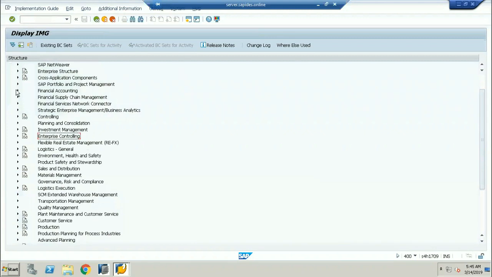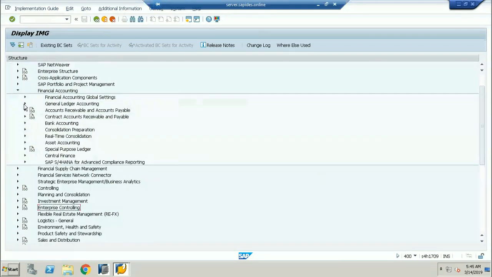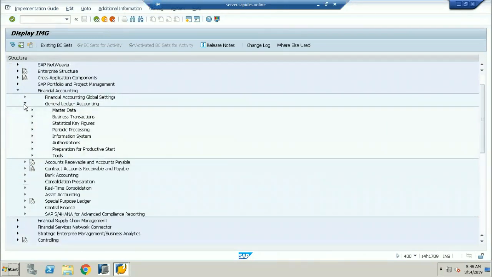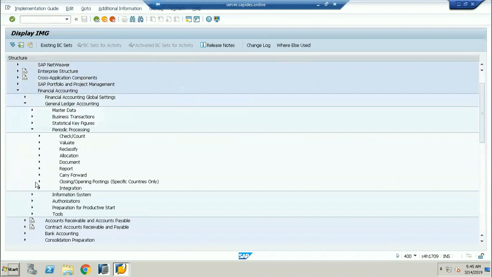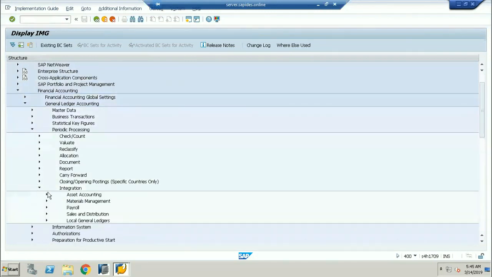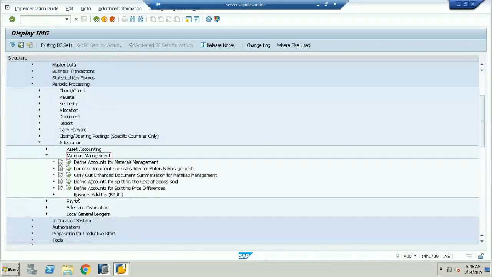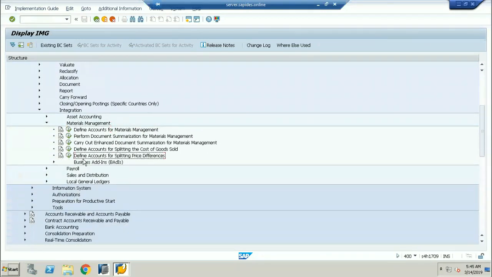So go to the financial accounting, general ledger accounting, and here we need to come to the product periodic processing and the integration. And in the integration, we have the material management. And in the material management, you can see here, define the accounts for the splitting of the price differences. Actually, we have to create, okay, when we are using the costing based COPA, the system